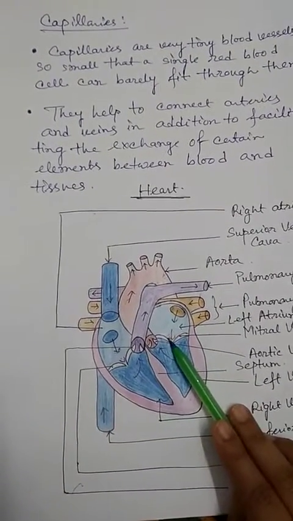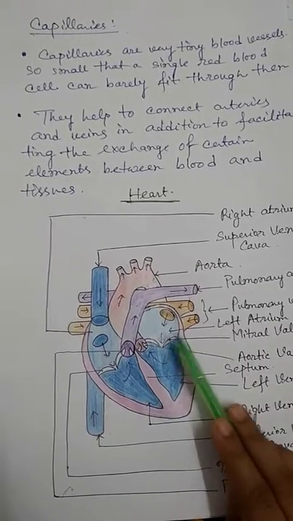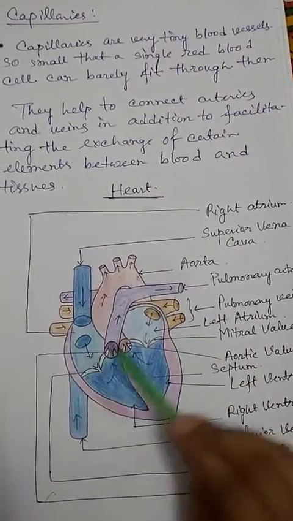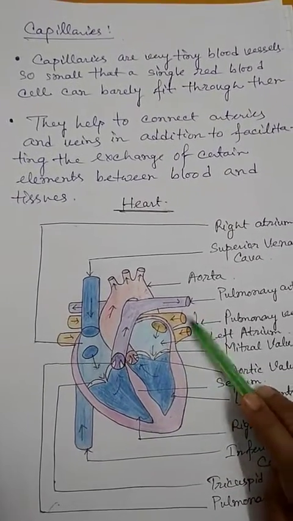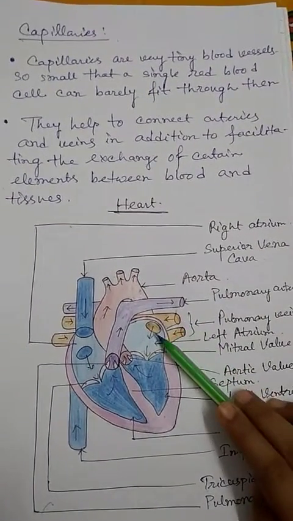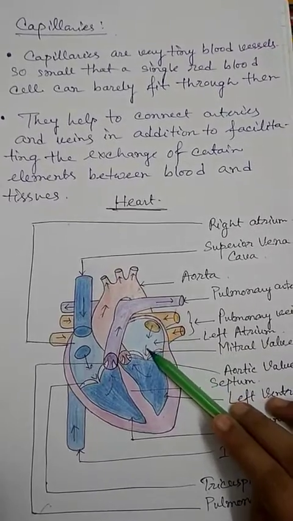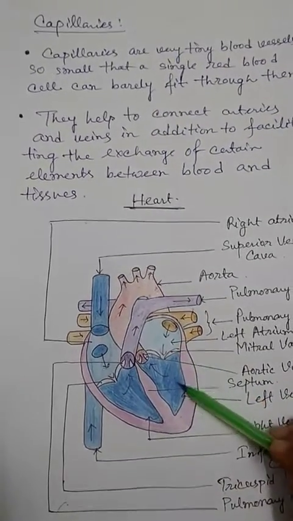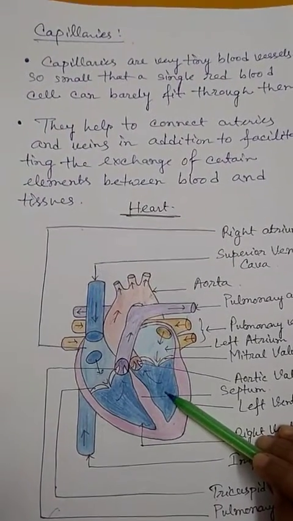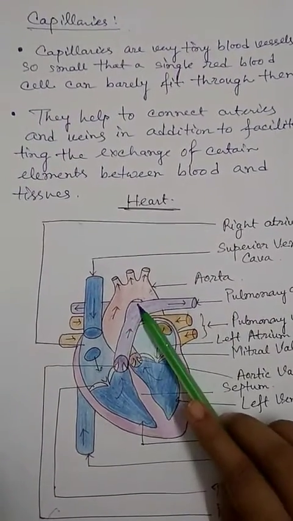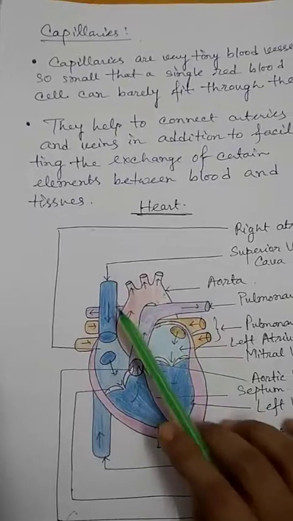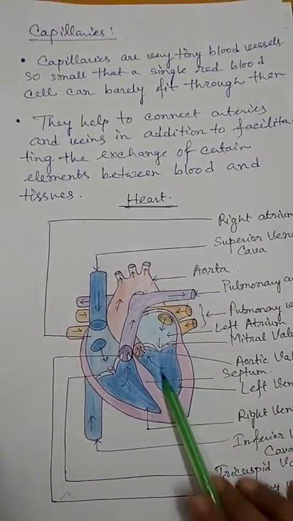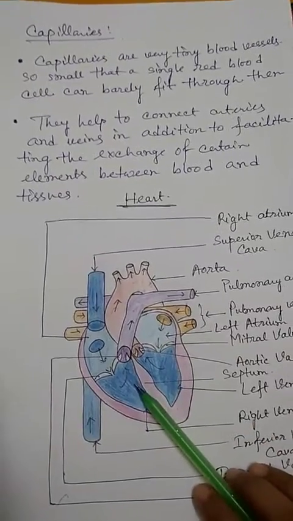Now going to this side, the left. From the pulmonary veins here and here, from both of the lungs, through the pulmonary veins, the oxygenated blood enters into the left atrium, and from there it goes to the left ventricle. Then it passes through the aorta and is distributed all over our body. So this side carries the oxygenated blood.